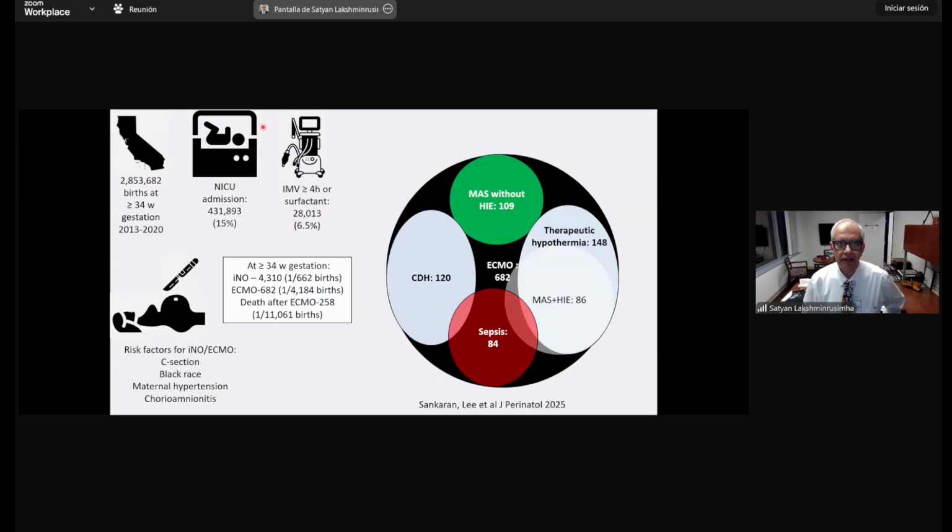So to give you a rough idea of why we are concerned so much about this, we did a recent study of all the babies born in California state, where we have around 400,000 babies per year. And over an 8-year period, we had 2.8 million babies born here. Of these, around 15% required an NICU admission, and 6.5% required mechanical ventilation and/or surfactant. What was interesting is that among these babies, 4,300 required inhaled nitric oxide and 682 required ECMO, and 258